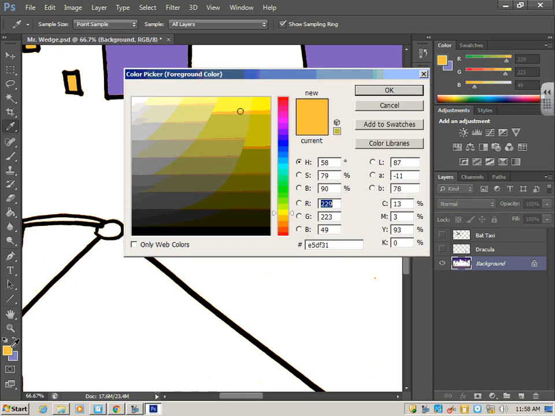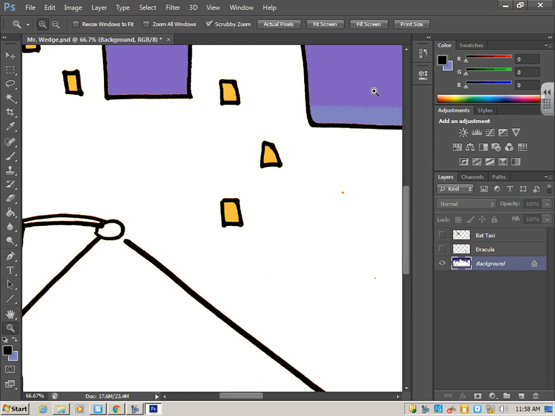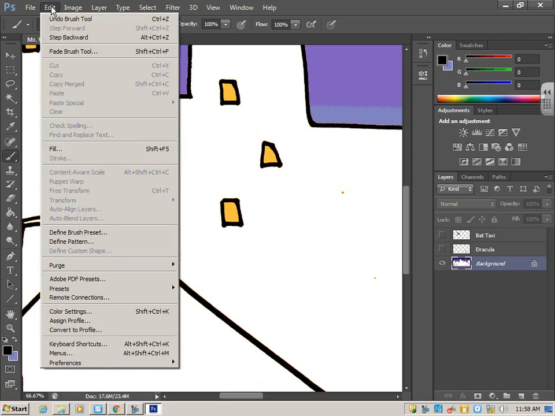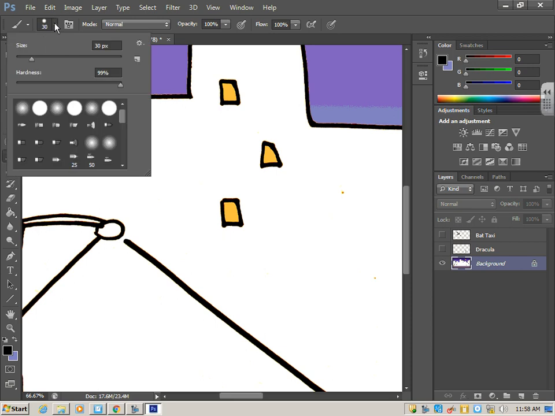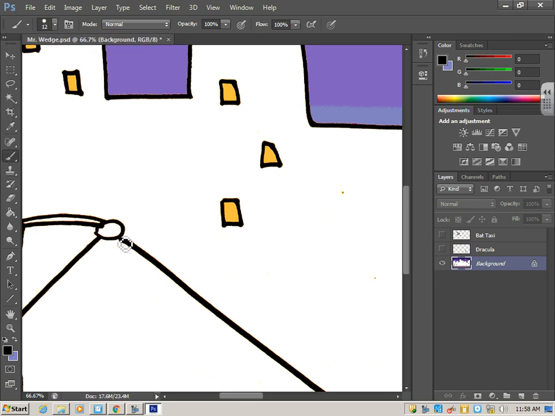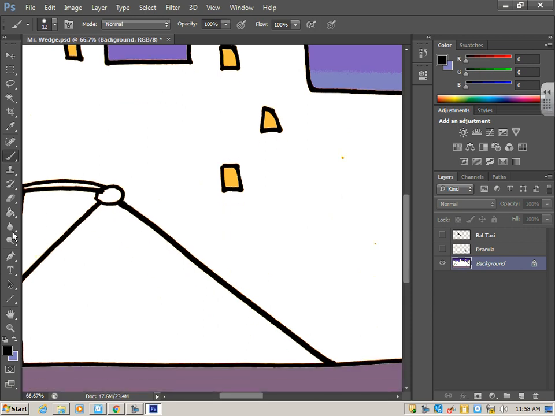So I'm going to go here to my paint palette. I'm going to make it black. I'm going to go back to the brush, and I can just fill that hole. That brush was a little bit bigger than the Sharpie, so I can go Edit, Step Backward. Right up here is where you can change your brush size. So you can make it a little smaller if you need to. Fill in the hole that you have there, if you have a hole. Now I can zoom back out with the zoom tool